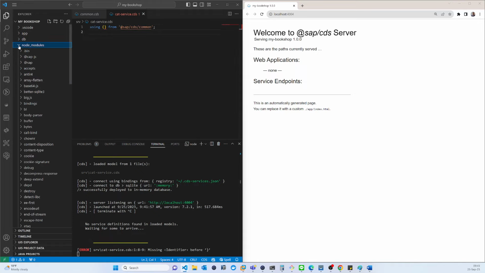If I go to the node module, then it's SAP and then CDS and that command. So from that command we will use some